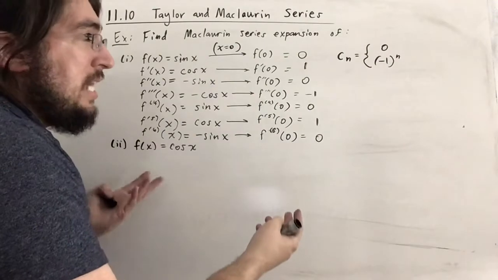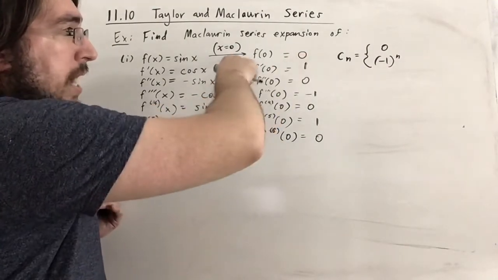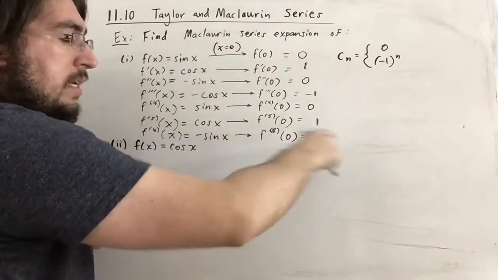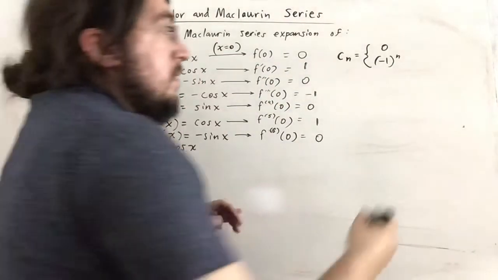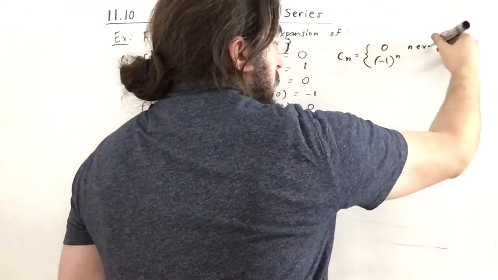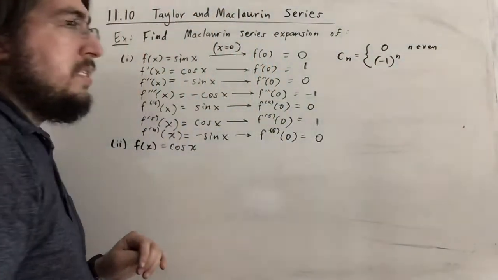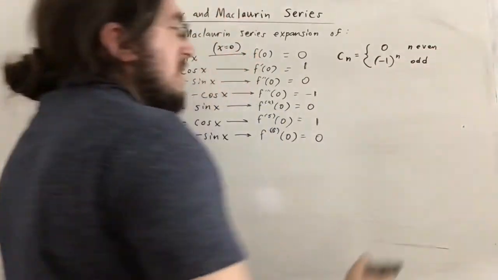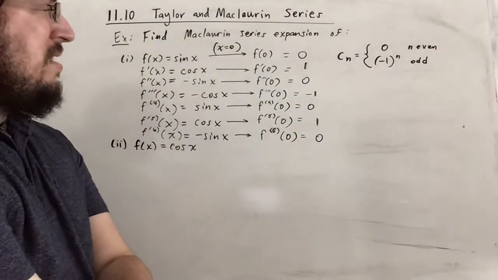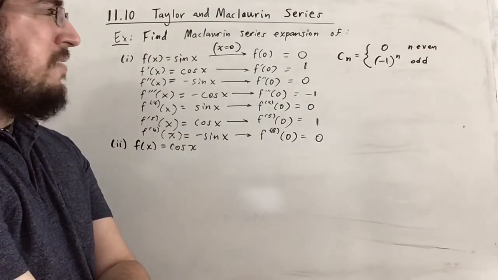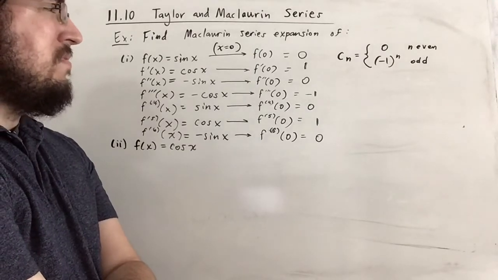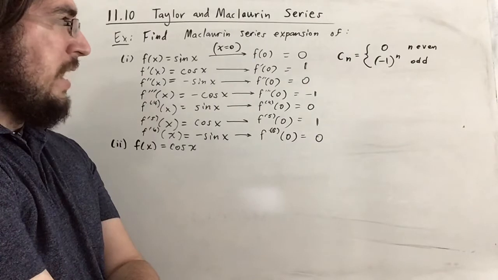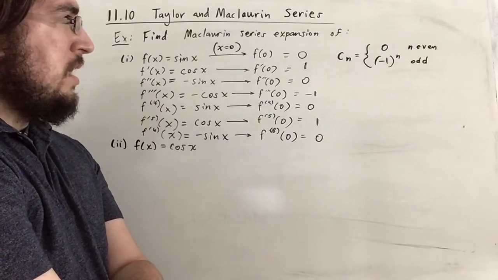Because if n is even, then notice what we have here is, well, 0 is even, 2 is even, 4 is even, 6 is even. So the even ones are 0. So if n is even, c sub n is 0. If n is odd, is it negative 1 to the n? I think it is negative 1 to the, well, let me kind of think here. I guess it would technically have to be negative 1 to the,